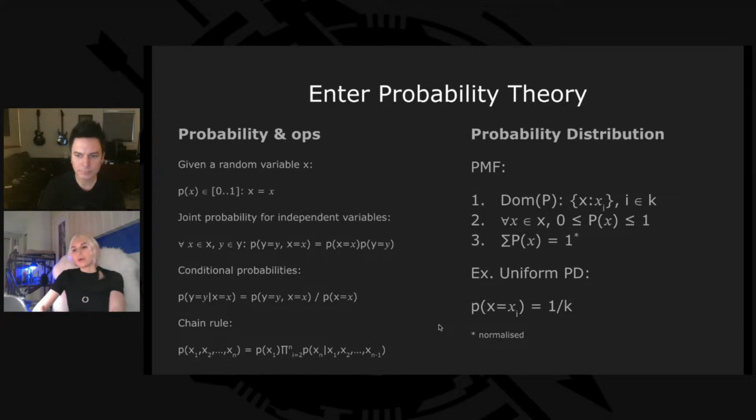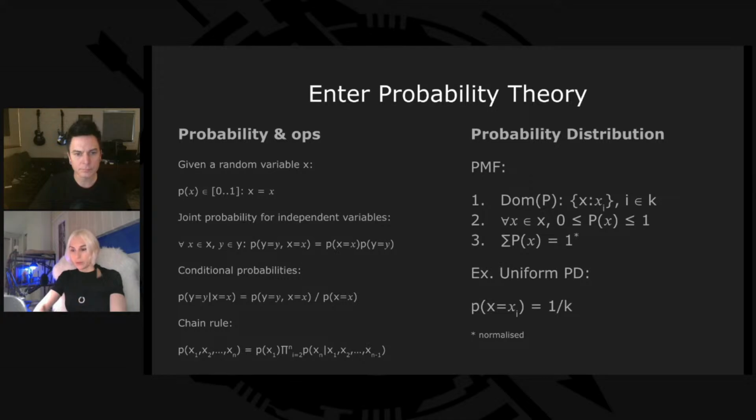Another side of probability theory is the concept of probability distribution. It is an abstract object or a measure representing how exactly probabilities of a particular variable are distributed. For discrete variables, a probability distribution is usually represented with a probability mass function. It is a function which takes as its domain all possible values of our variable, and for each of these values, it outputs the respective probability of the variable taking that particular value.